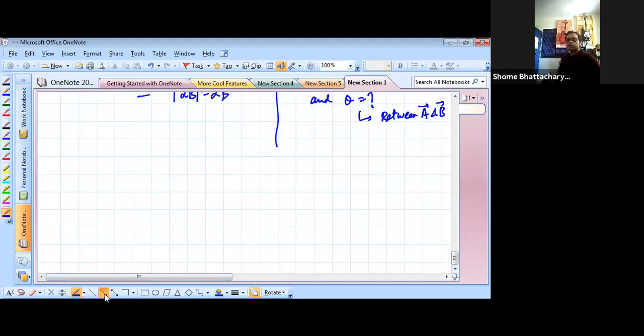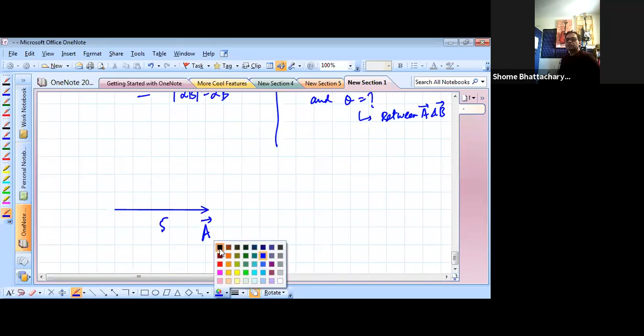So suppose we assume that A is along this direction. Nothing specific is given in terms of XY axis, so we can make any assumption. So A is a vector like this of 5 units. Now where B lies, we don't know because theta is unknown. But we know about C. So C is perpendicular to this. So C has to lie something like this. C's direction